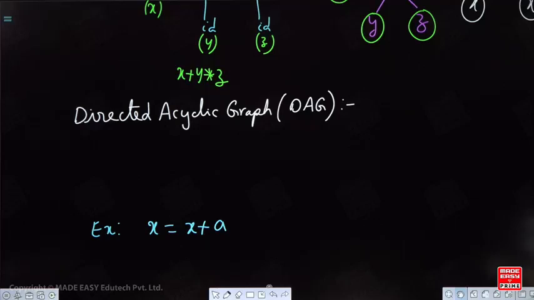DAG is used for common sub-expression elimination.